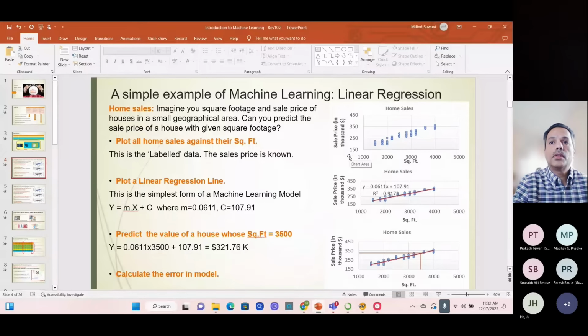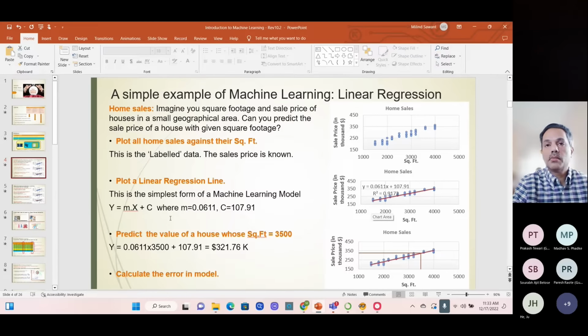Now, what we could do is we could draw a line. It's called a regression line. This is that red colored line in the middle, and we can draw this line such that the overall error is minimal. Okay, so we draw a line. Overall error is minimum. So now what we could do is we can estimate the equation of that line,